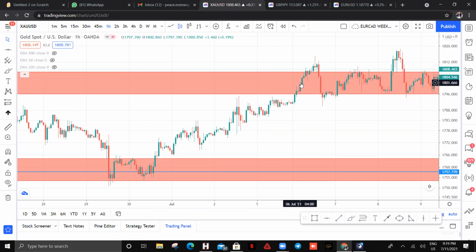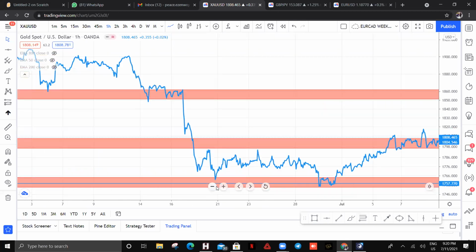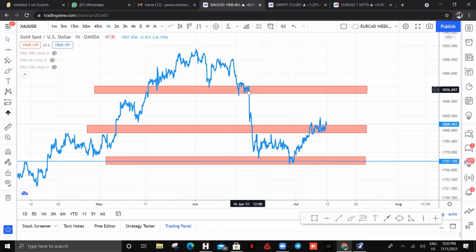But before you can identify this zone, you saw the way I drew everything. Because anytime you see something like this on a line chart, let me zoom out. When you see things like this on a line chart, it means that price is consolidating and there's something happening there that is making price consolidate. If I can scroll back,